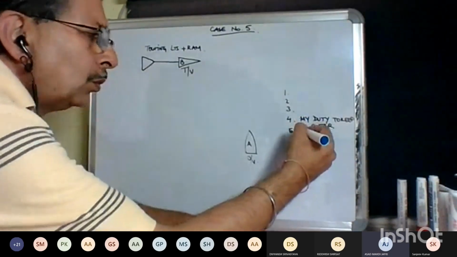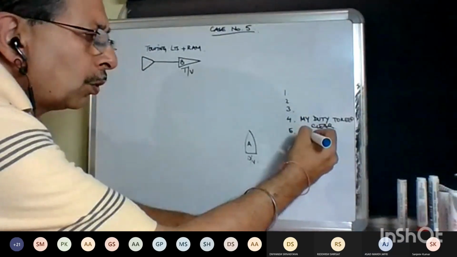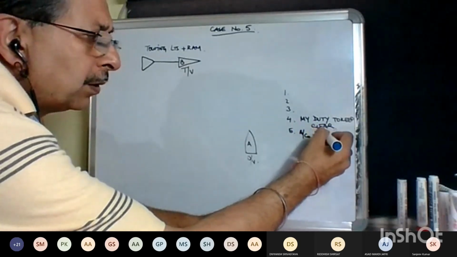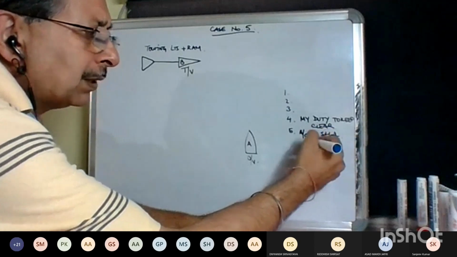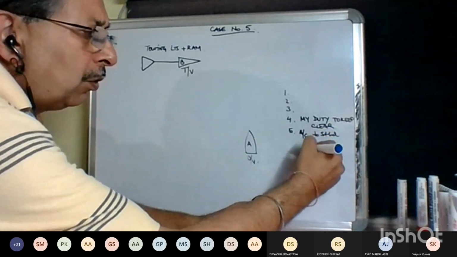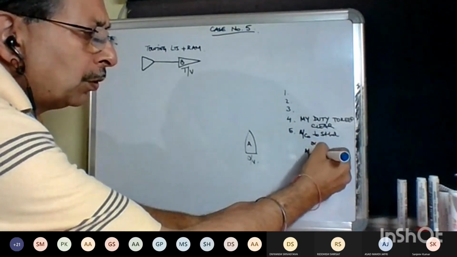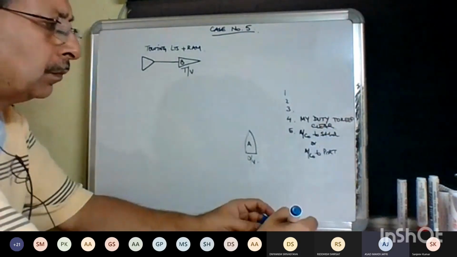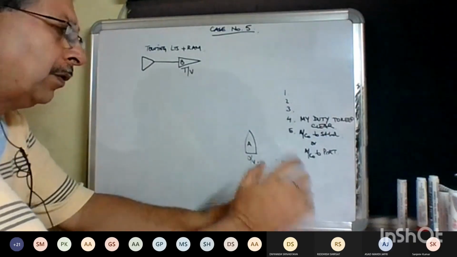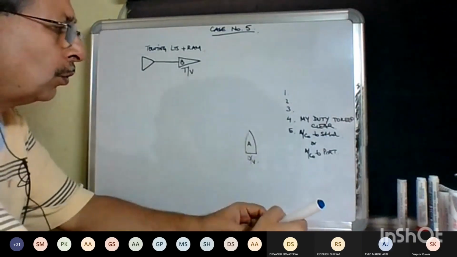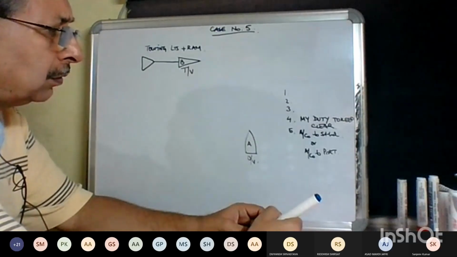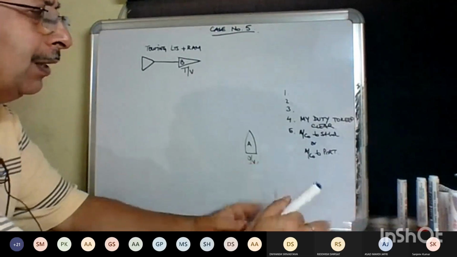So, alter course to starboard by giving one short blast, or alter course to port also. You can, yes or no? Yes, sir. You can alter course to port also. All right. So, मतलब ऑप्शन मेरे पास दोनों आ गई।